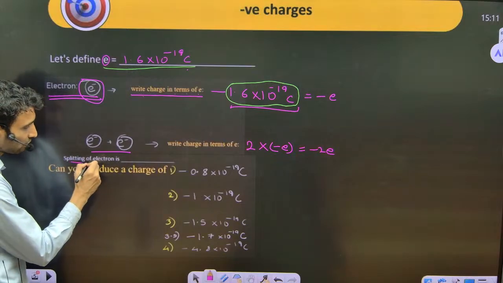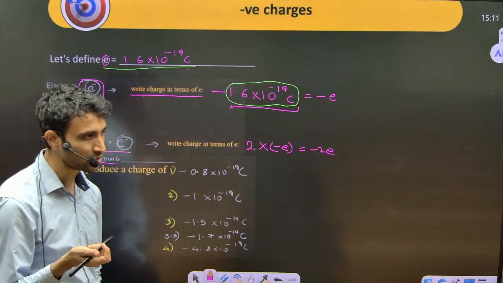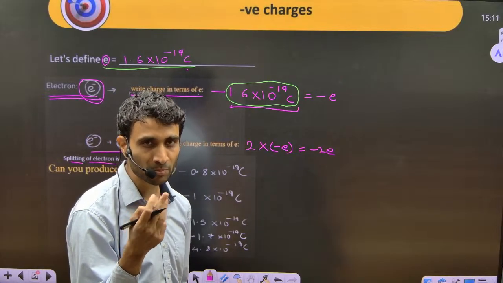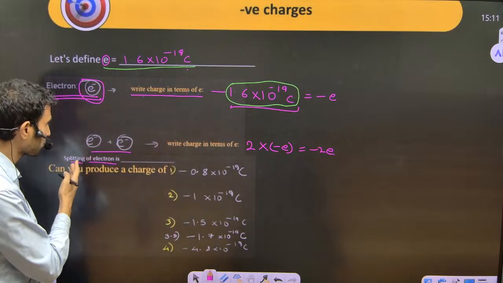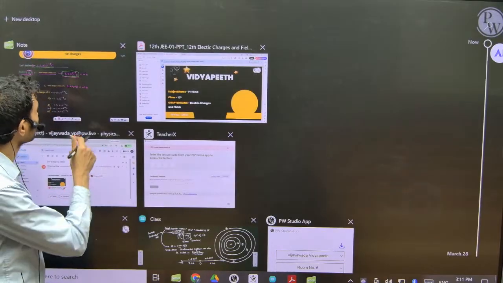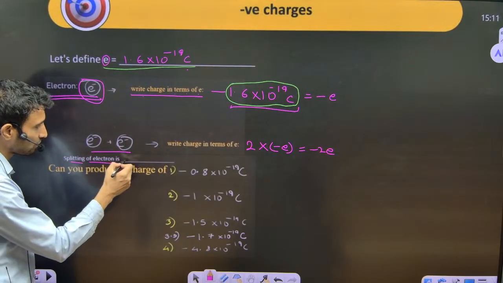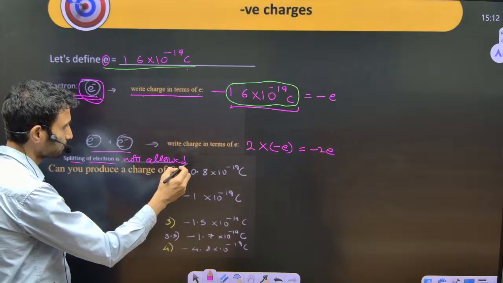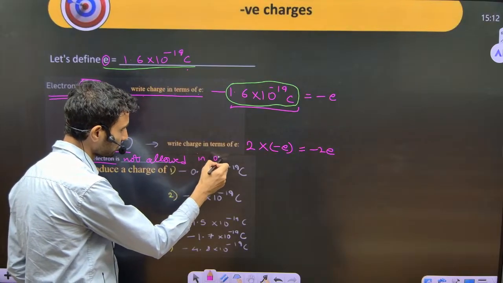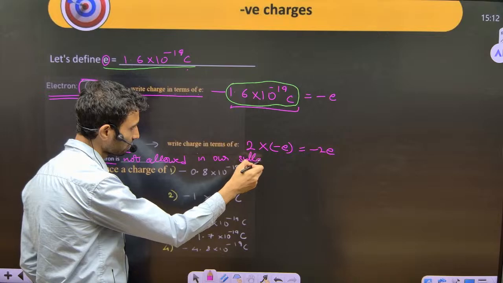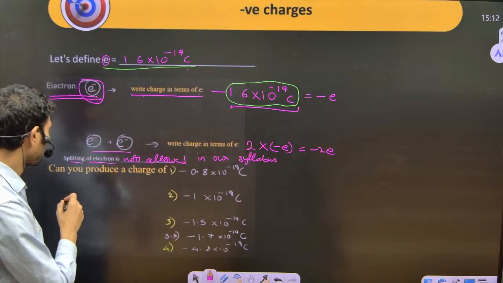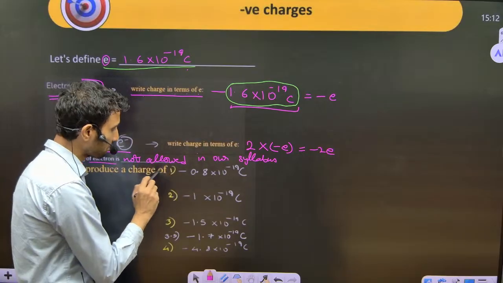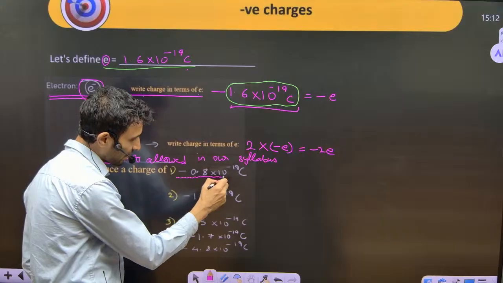So what about splitting of electrons? Is splitting of electrons allowed? Can we split an electron? It's already a microscopic object, right? Splitting of an electron is not part of our syllabus, so we'll not discuss concepts where electrons get split. Splitting of an electron is not allowed under our syllabus. So now that you know that we can't allow splitting of charges, my question is, can we produce this charge